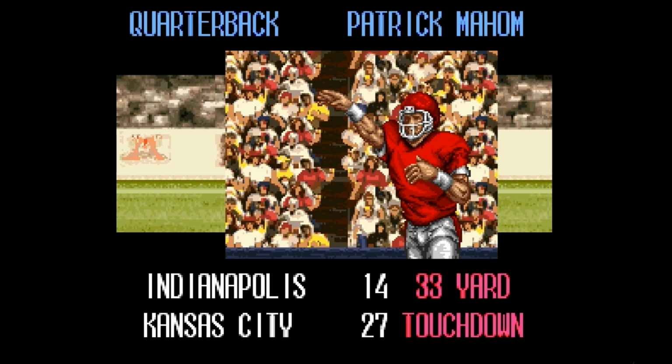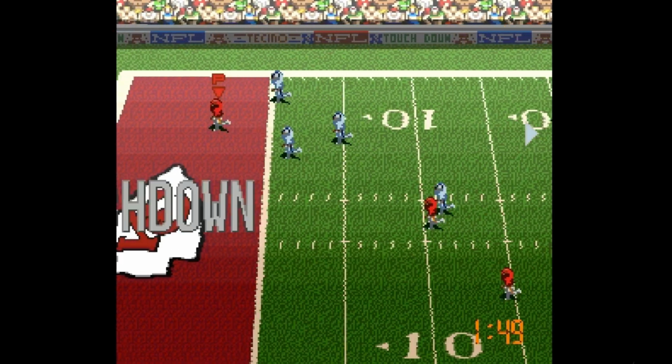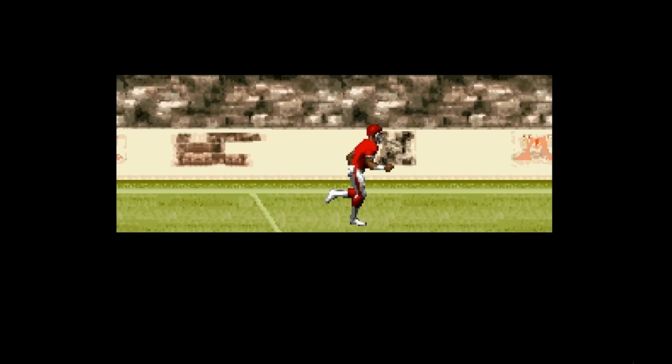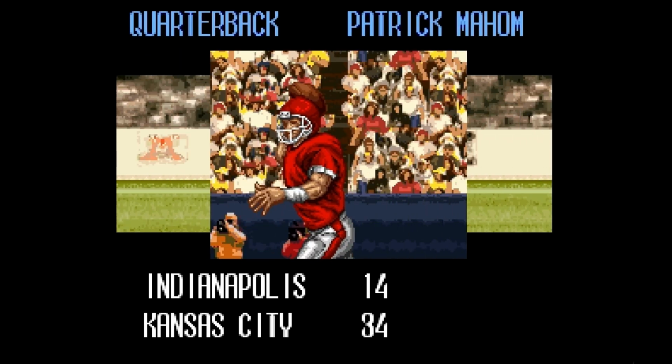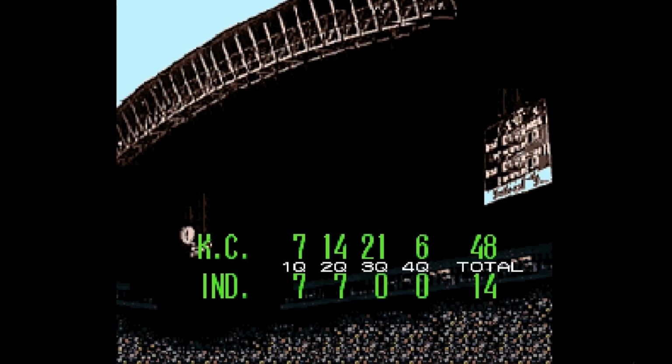The defense gets them the ball right back. This is not a replay, it's a whole new play. It's Mahomes to Kelce again for a touchdown. The Chiefs now lead 35-14, and it started as a shootout, it ended as a shooting, and the Chiefs crushed the Colts